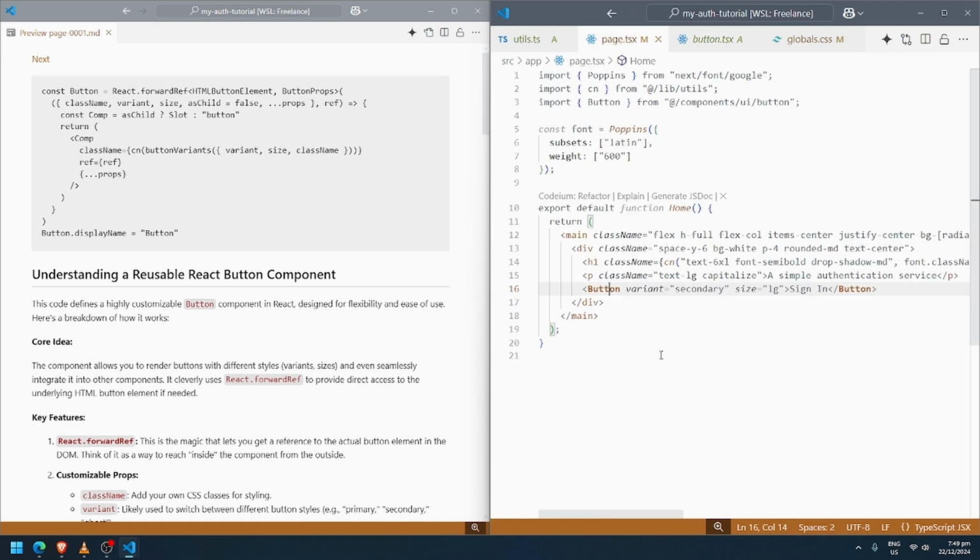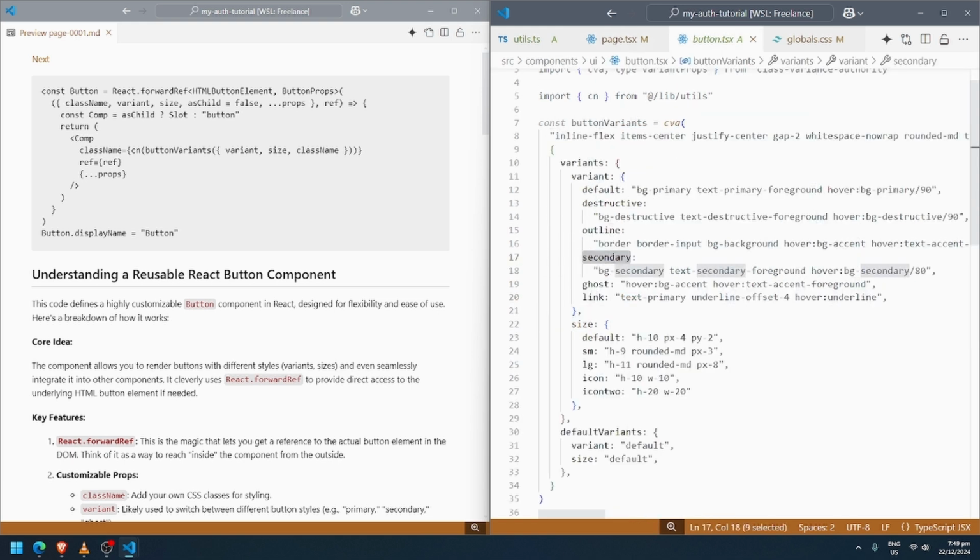So when we type here, this is the button component, and when we use the variant prop with the value of secondary, we are calling this secondary here, and this is the style of the secondary. The same goes for the property size, and you can give some value, default, sm.